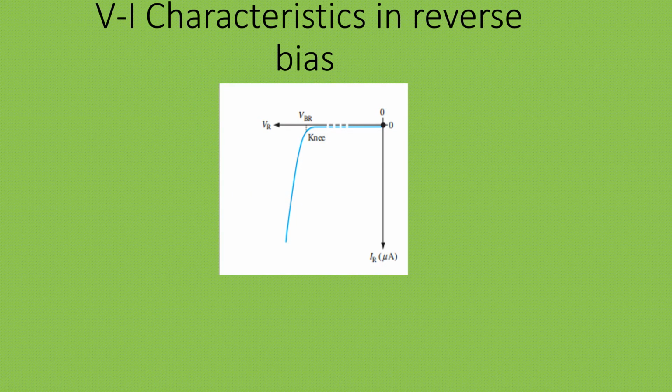In reverse bias characteristics, of course, till some barrier of the reverse bias voltage there will be no flow of current, and all of a sudden when this barrier potential is reached, there will be an intense flow of current in the reverse bias direction. Practically, this particular characteristic is not applicable to our normal diode; it is applicable only to the Zener diode.